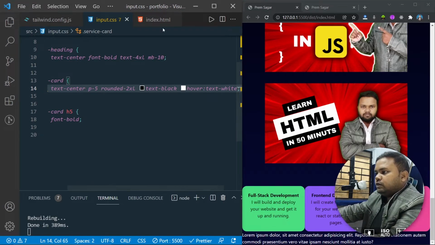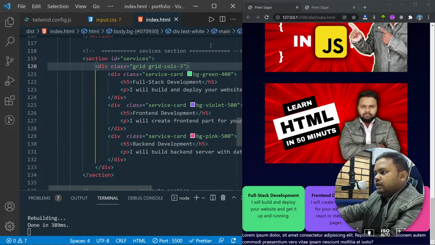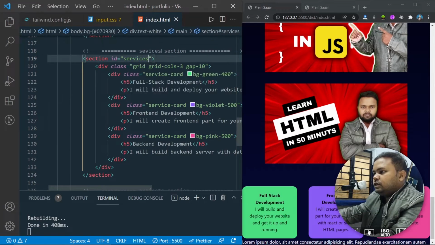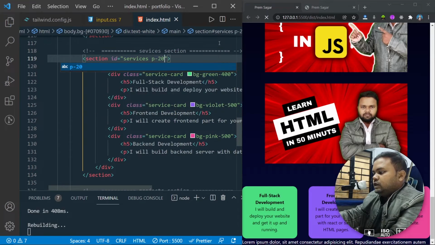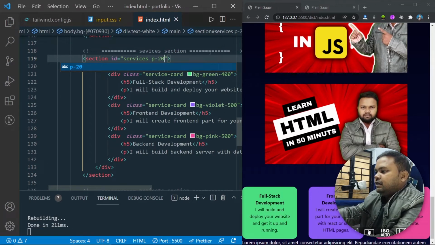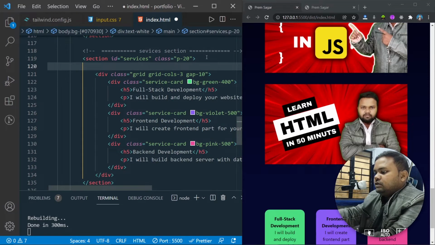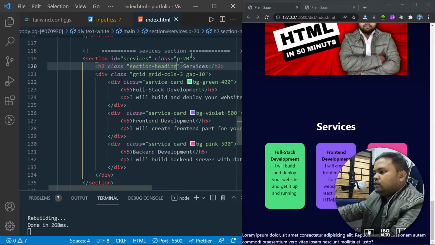I also want to have some gap between each of the columns. So the place where I have defined the grid class, I'll say gap 10, and I also want to give this section padding of 20. So I'll say p-20. Now let's save. Okay, again I am trying to give class inside the id attribute. So I'll say class p-20. I want to give a heading to this section. So I'll say services. I will give this heading a class of section heading,